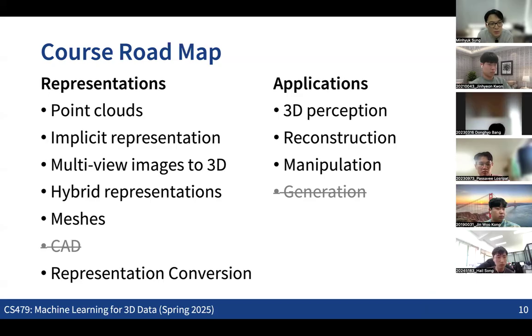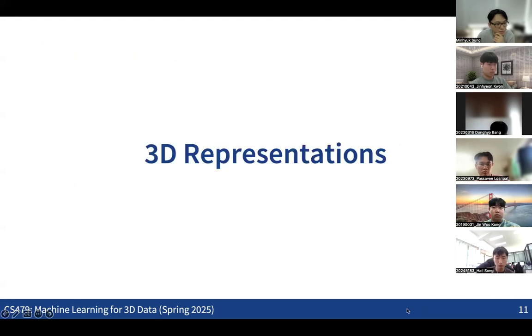So that's the main thing that we are going to discuss in this class. And let's get started with some discussion about the 3D representations. The reason why we discuss this 3D representation is that basically if we think about making any kind of software,